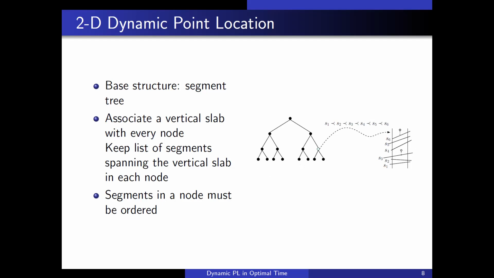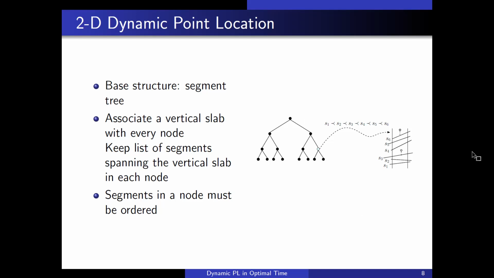So if you look at this picture or this general approach, it's in fact a very, very standard approach to solving geometric problems. So it appears very often that we store a base tree data structure, and then we store some geometric objects in every node, and these objects are ordered. It appears in segment trees, interval trees, organized in the same way as range trees. And there are dozens and probably even hundreds of papers that follow this general approach. And dynamic point location is probably one among the most difficult ones, or among the most challenging ones that